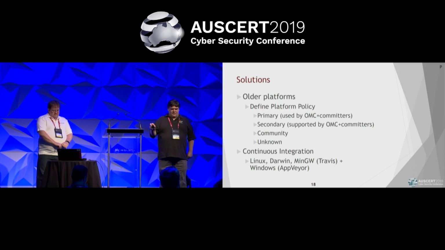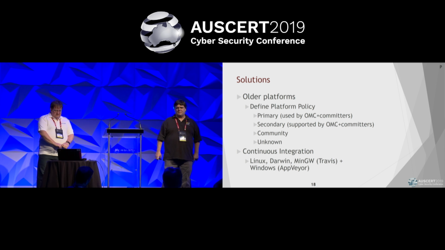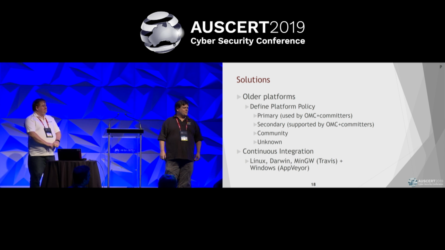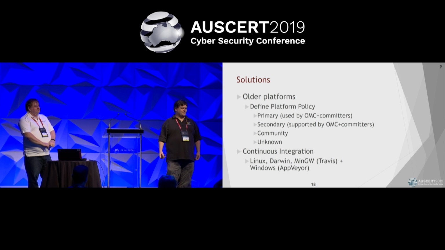The next tier down is community platforms, which is other people who have weird machines and they'll file bug reports. We do try to fix them, but again, they're a lower priority thing because testing them is really hard. And finally, the largest group are the ones we don't know about. There's definitely more machines we don't know about than we do, which makes some of this planning difficult.